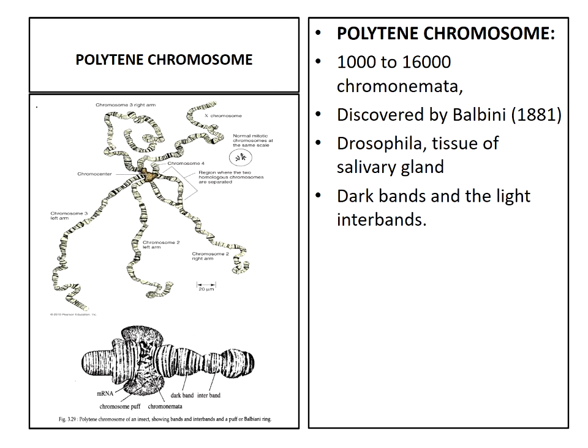They are called giant chromosomes, and they contain 1000 to 16,000 chromonemata. These polytene chromosomes were discovered by Balbiani in the year 1881, and they are found